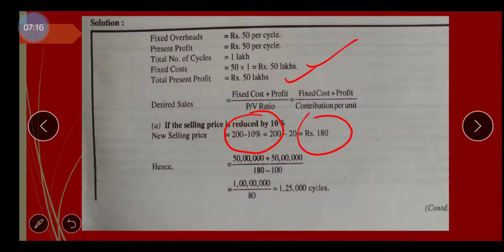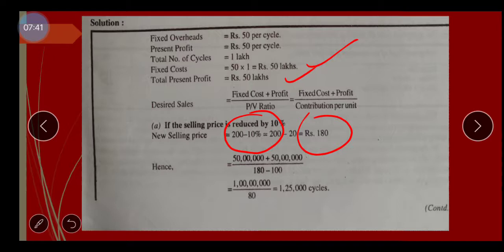If they reduce 20 rupees, their new selling price will be 180 rupees. So at this 180 rupees selling price, how many cycles are to be sold to generate a profit of